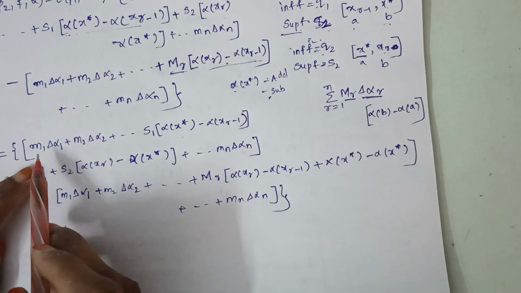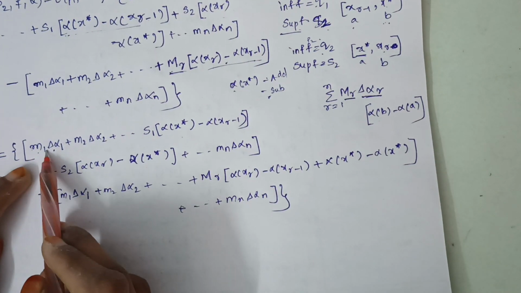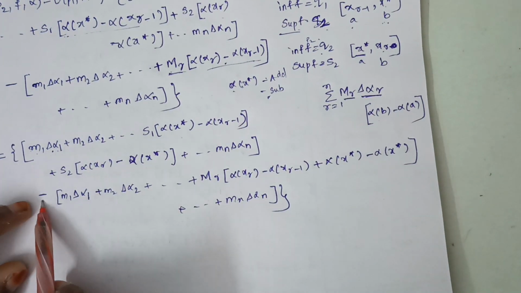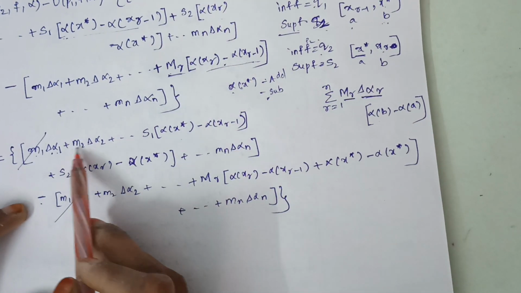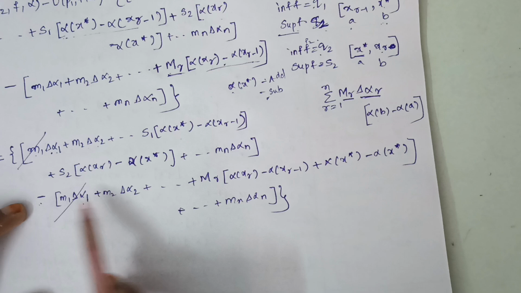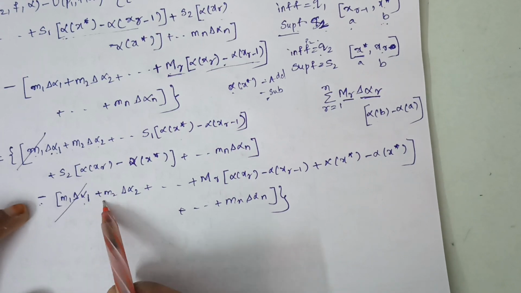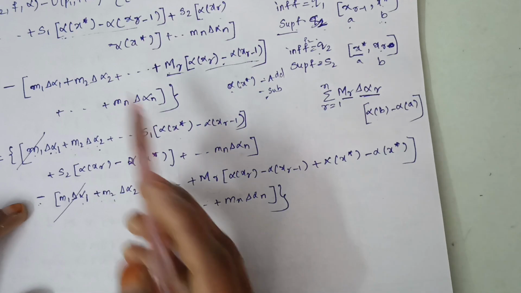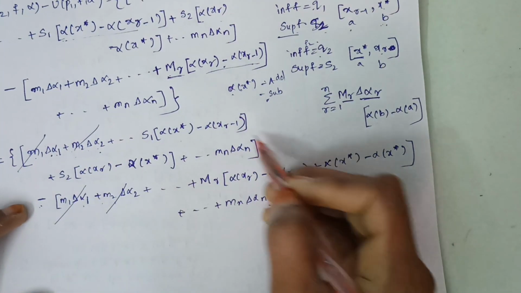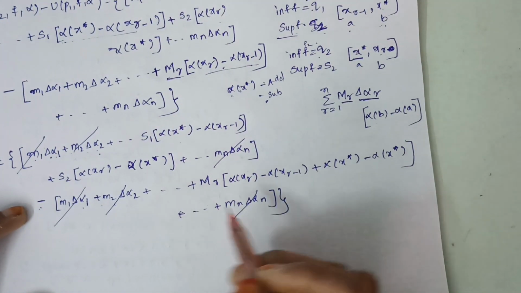So here look, m1 delta alpha 1 plus m1 delta alpha 1 and minus m1 delta alpha 1, so they cancel, and plus m2 delta alpha 2 and minus m2 delta alpha 2, so these terms also cancel, and these terms get cancelled. So we remain with